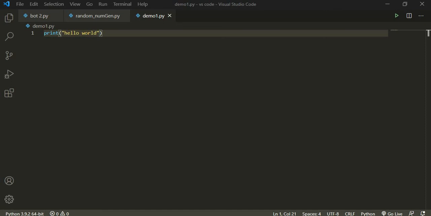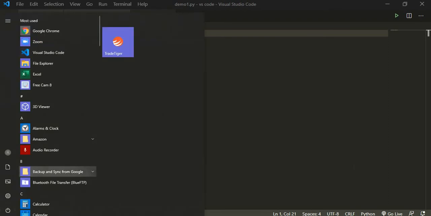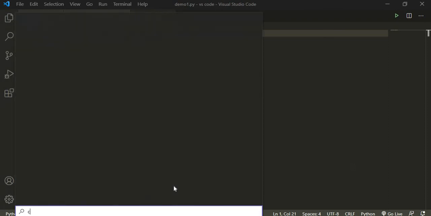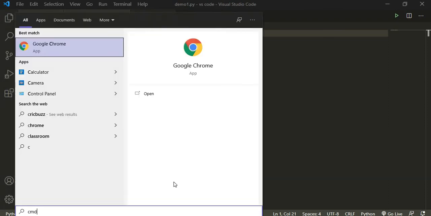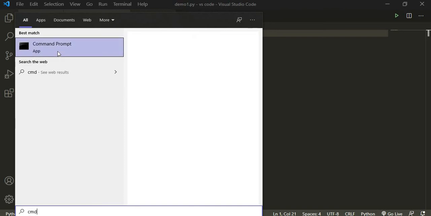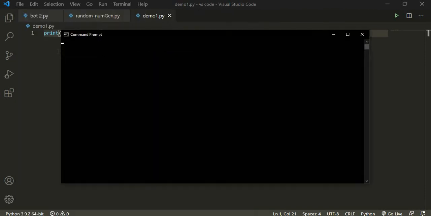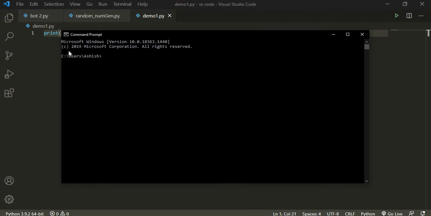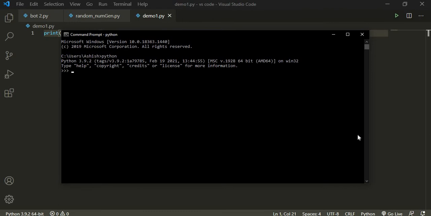Let's open the Windows start menu and type CMD, and it will directly open command prompt, as you can see. Let's wait for some time. Yeah, it just opened. First you need to say python to check if it is recognizing Python. Now what you need to do is pip install